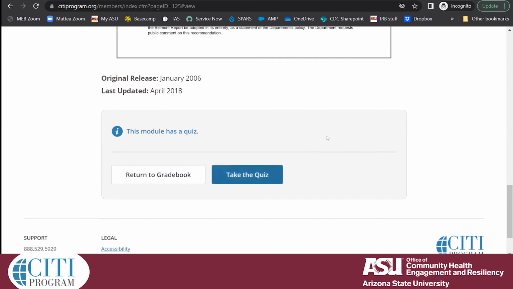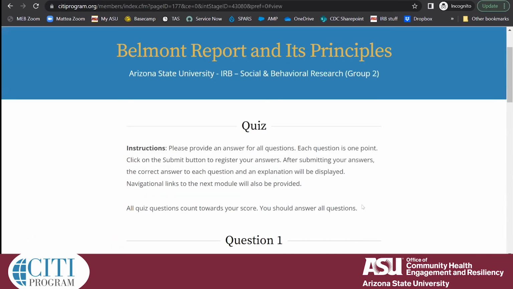And so if you have been trained on research protocol in the past and you get to a section and it's all looking familiar, you can scan through the information that's there to make sure that you do indeed know all of that information, and then you can go straight to the quiz. So just to show you how this looks like,